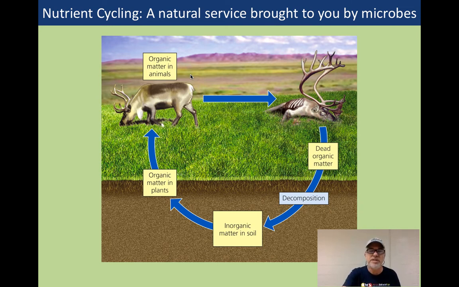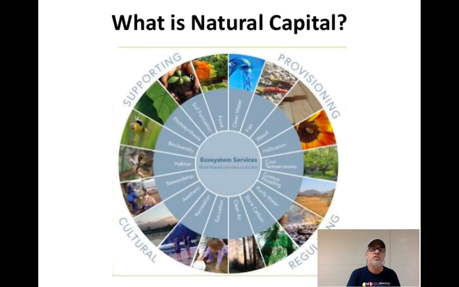And then here's another conception. I think this is a little bit hard to read. I tried to find this graphic well, but I liked it. Here's somebody's idea of natural capital. And notice what they did here. They said, oh, they're supporting aspects of it, they're provisioning aspects of it, they're regulating aspects, and they're cultural. And this is something I hadn't thought about much. And these are hard to read in the middle, but maybe you can. So let's look at the cultural ones. Aesthetic, the aesthetic value of nature. And this one is recreational value of nature, right? So these are cultural values.